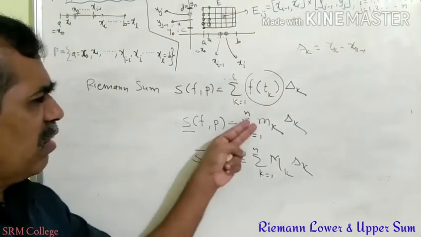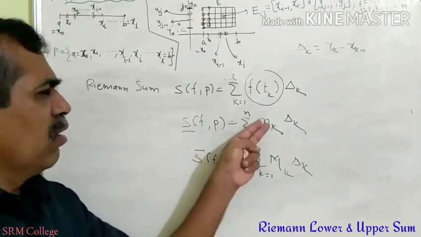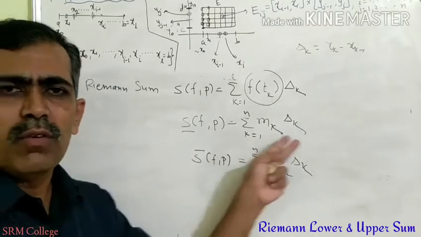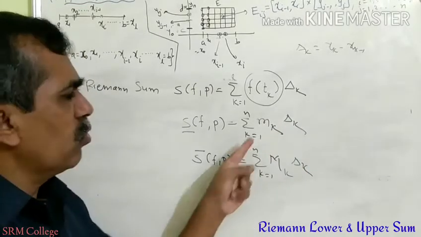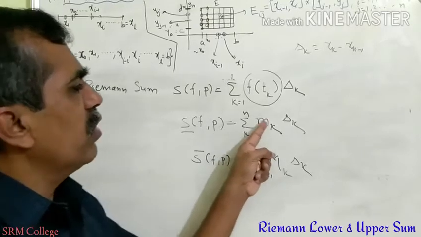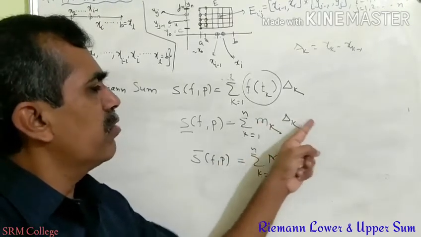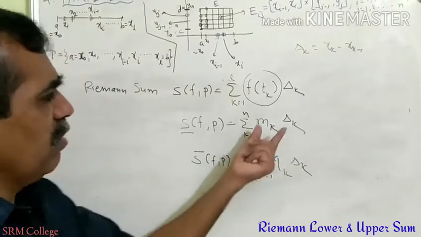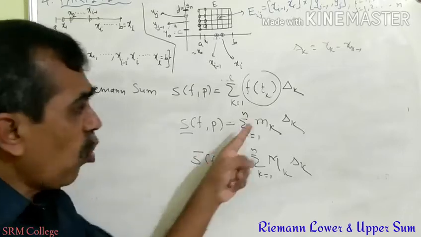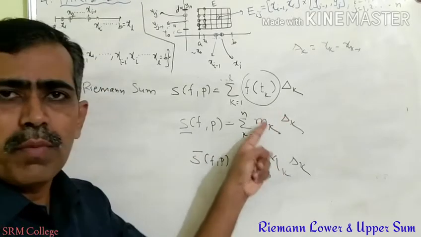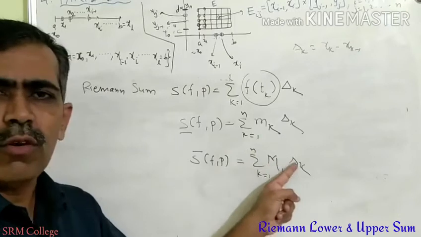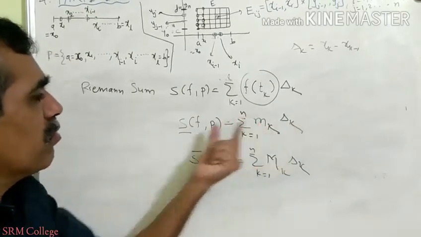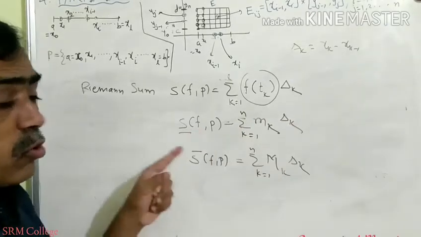See, these are the formulas where we multiply and add numbers: infimum value into length of the subinterval. If you take k equal to 1, then this is m1 delta 1 plus m2 into delta 2 plus m3 into delta 3 plus and so on. So these are the sums of the products of infimum value into width or length. Here it is supremum value into width or length. The resulting sums or numbers are called the lower sum and upper sum. What is the geometrical meaning of this?